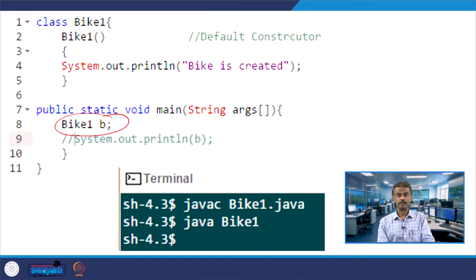The program is running, I am able to compile and run the code, whereas I am not getting any output, correct. So, the object is not being created in the way we expect, and it is not invoking the default constructor.